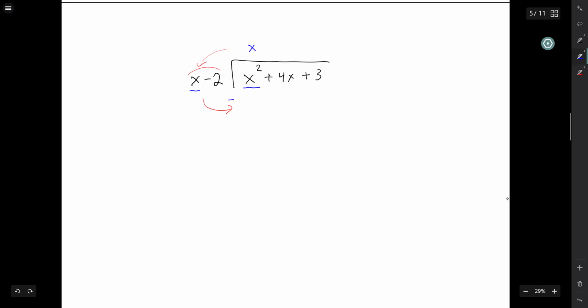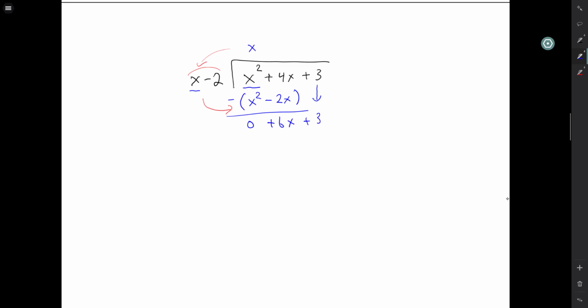So I'll have minus parentheses. X times x minus 2 is x squared minus 2x. We subtract these just by like terms, so we get 0 for the x squared terms, and we have plus 4 minus a negative 2, so that's a plus. We get plus 6x. Carry down our 3,